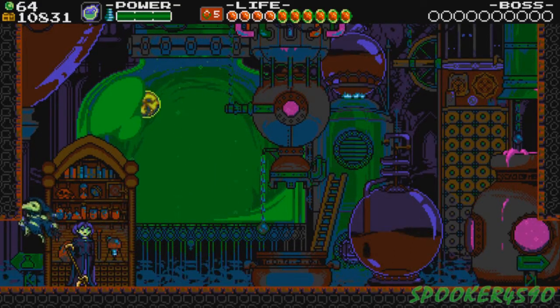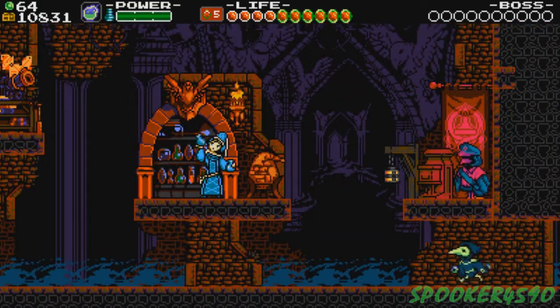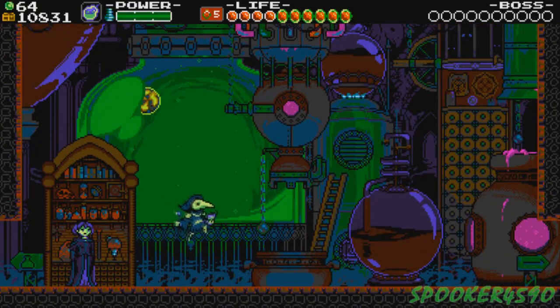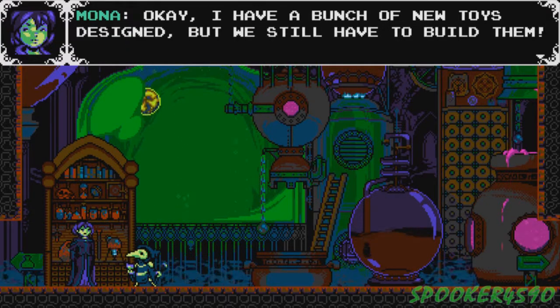And the cool thing is, we can leave, too, and we can go to the next screen, and you can still hear it happening in the background, because you're in the same laboratory. And you can come back and you'll still be progressing. Anyway, let's talk to Mona and actually do research because we have...